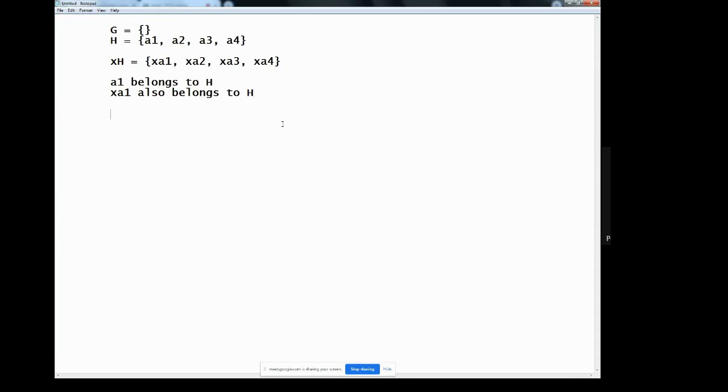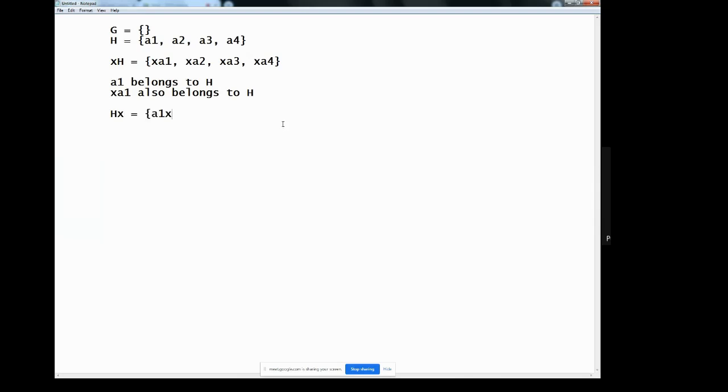Now, if I group this, if I perform the operation like this, XH, and now HX, what could be the resultant?